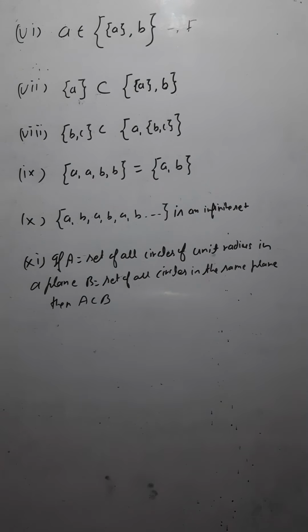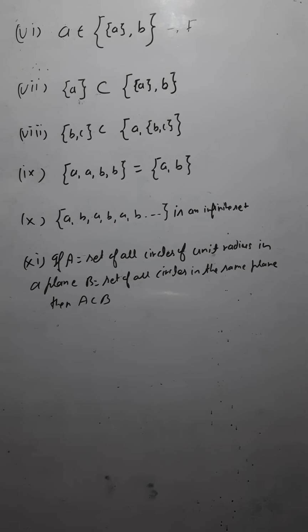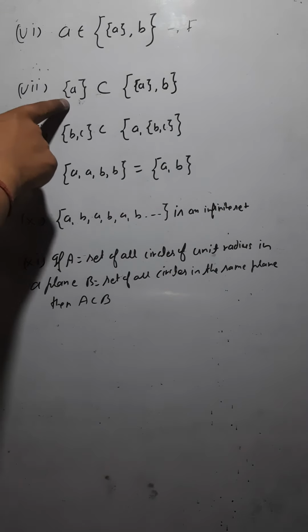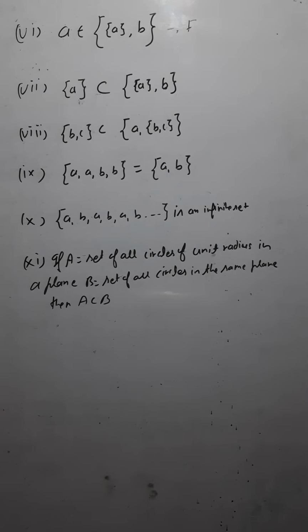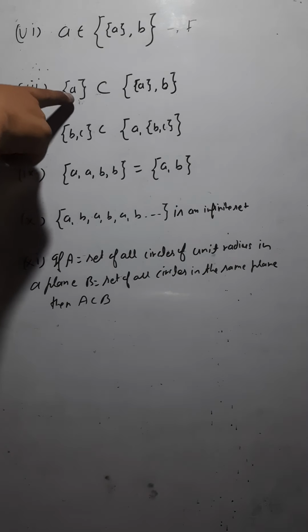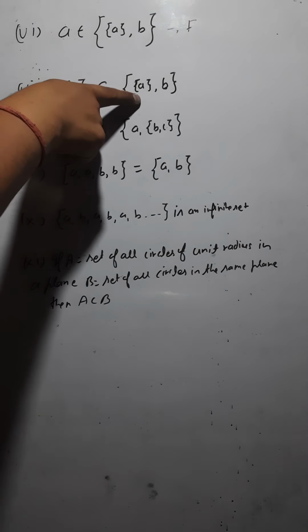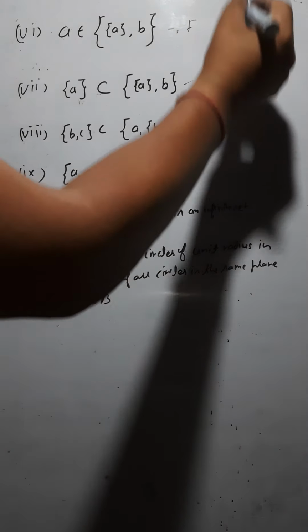Now the next question is, you have a set that contains an element A. Then you have another set that contains a set and another element. Is it a subset of this one? Just think. A set is a subset of the given set if the elements which are here are there also. Here you have element A. Is it there also? No. Here you do not have this element. Rather, it is a complete set here, isn't it? So again the statement is false.